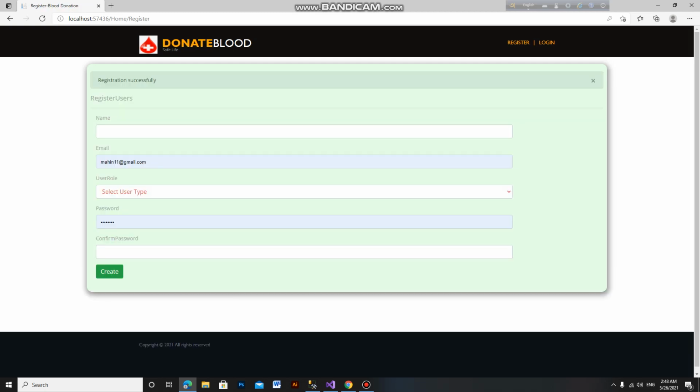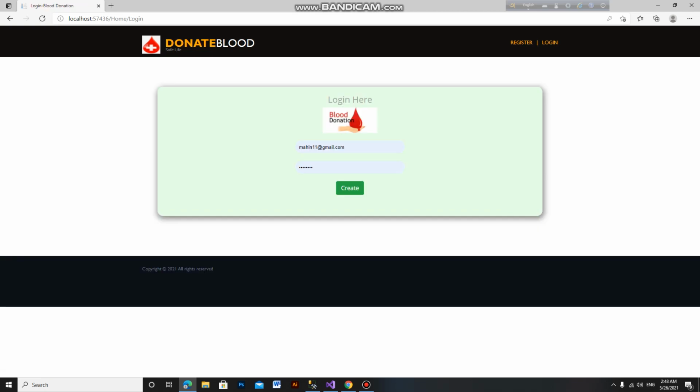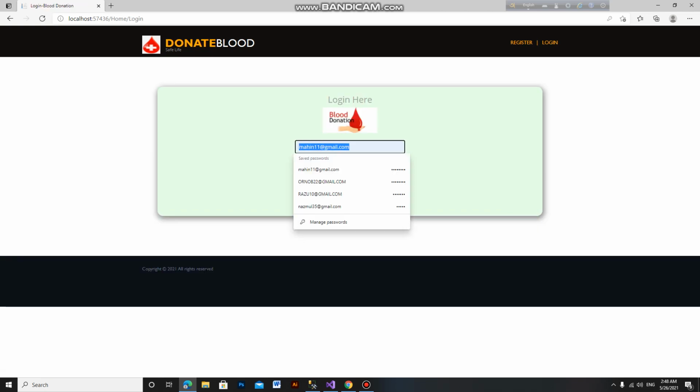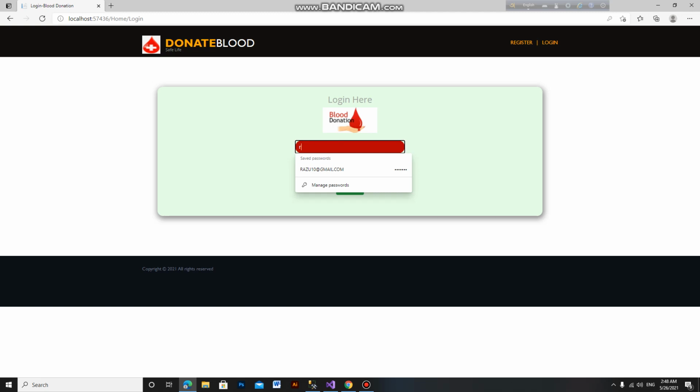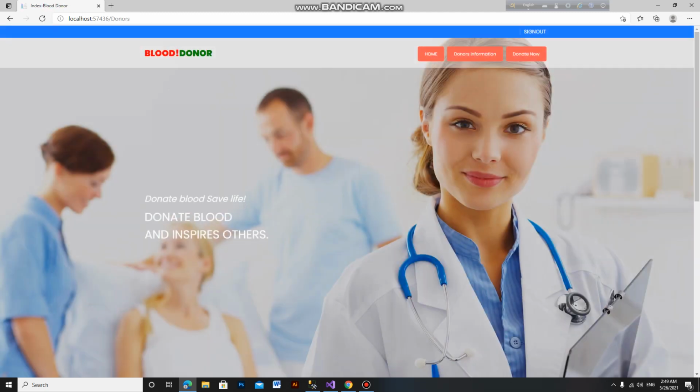Then registration successful, and go to the login page, and donor email, and input password, then create. So this is the donor home page.